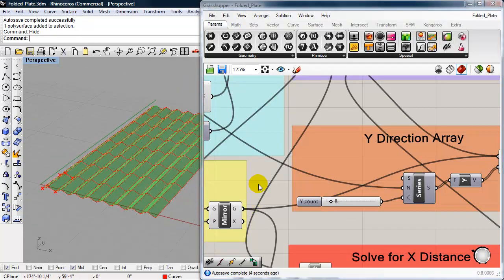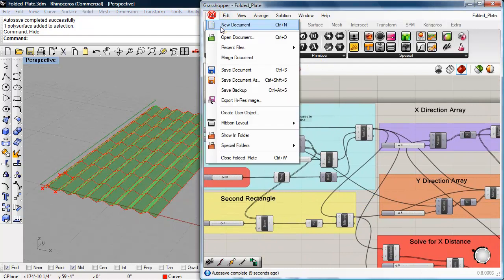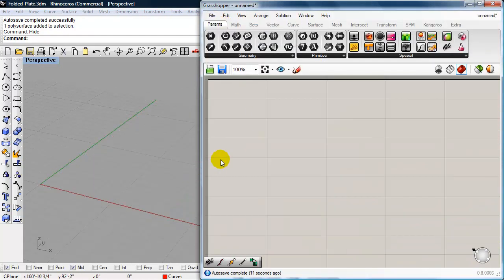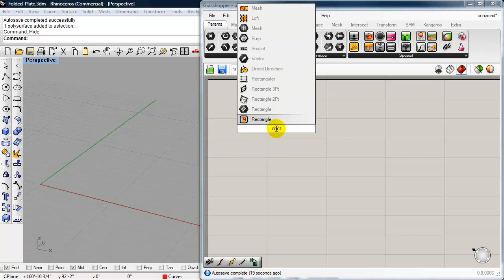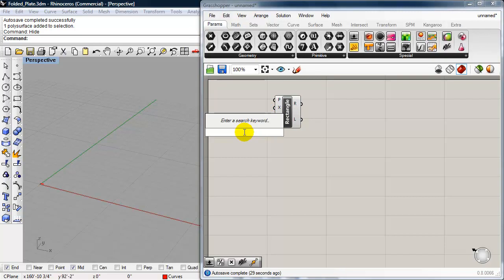Okay, so let's get started on making this definition. I'm just going to go ahead and open a new document here in Grasshopper, and the first thing we're going to make is a rectangle. So I'm just double clicking and starting to type in rectangle, and I'm going to need my X width and my Y length. So I'm going to create a number slider,